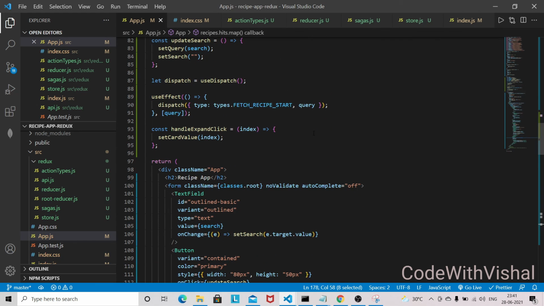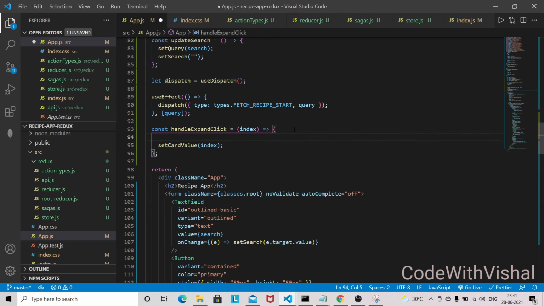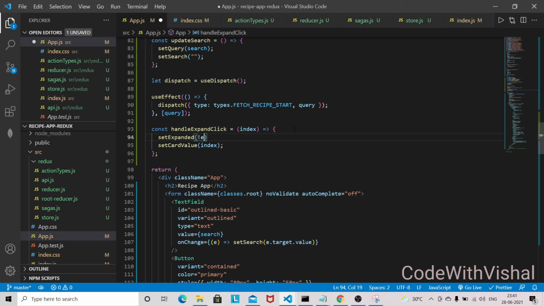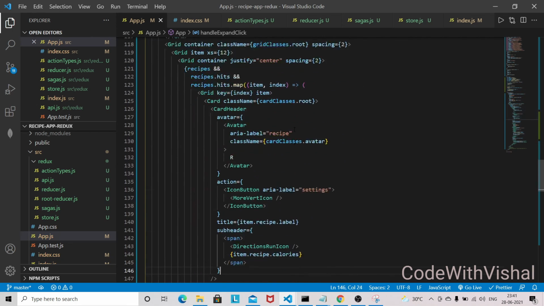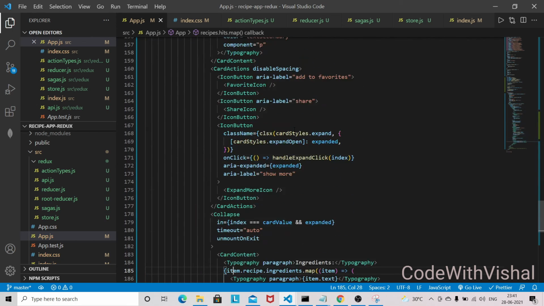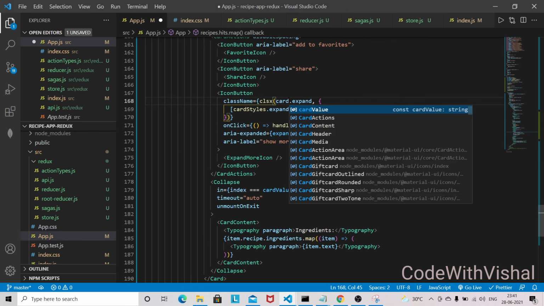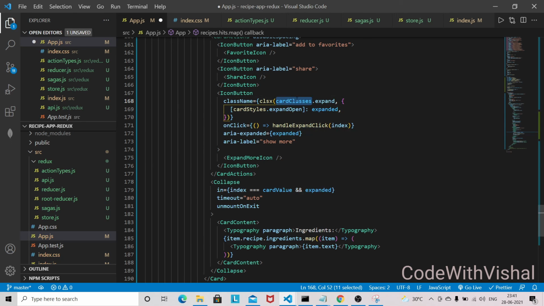So let's do that: set expanded, and it will be just the opposite. And regarding that collapse icon, we can use card classes here actually, so that's why it was not working. So card classes.